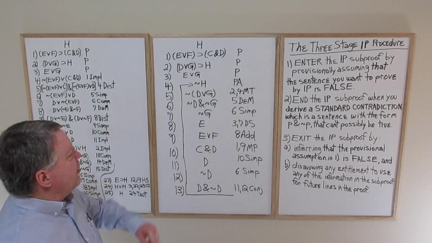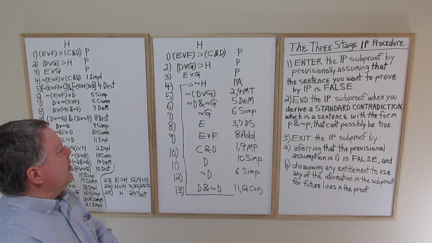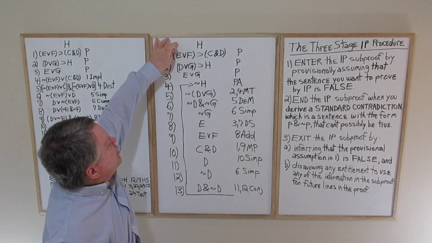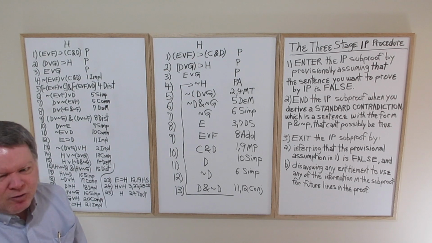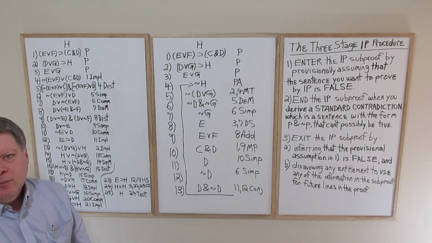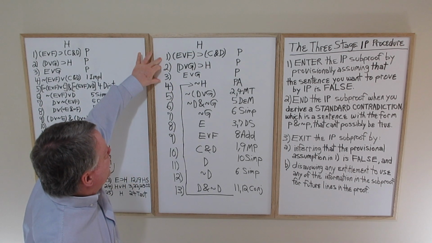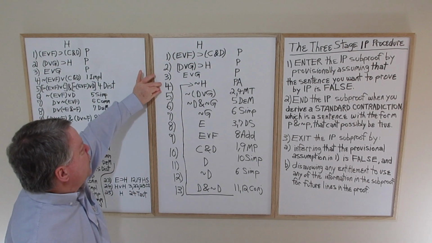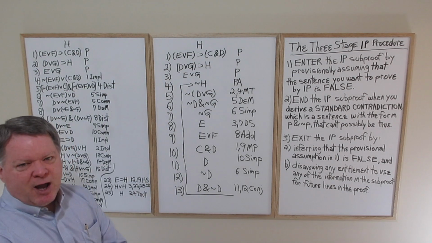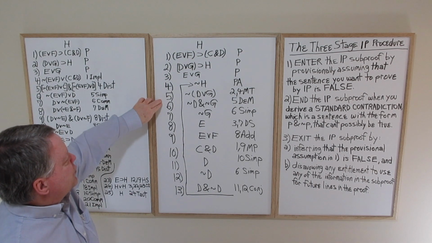Let's consider the other aspect, though, of exiting the IP subproof. We infer that the provisional assumption, in line 3 in this case, that the conclusion we're after is false, is itself false. What's the basis for that? Here's the key idea. We're assuming that the original 3 premises are true. Suppose, in addition, we assume that tilde H is true. Well, then by modus tollens, tilde D or G is true,